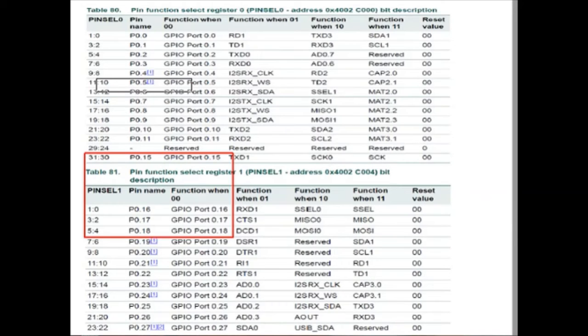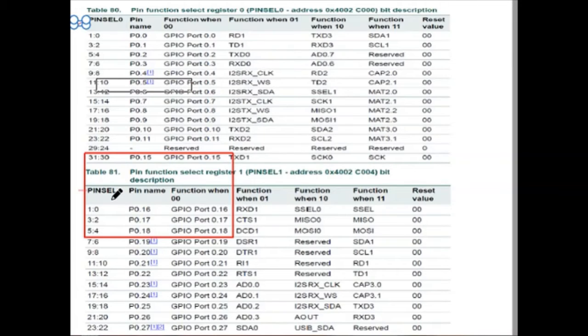Next, as we are using port 0 as the columns, we have to use them as GPIO pins with respect to different pin selects. Since the 15th bit comes under the lower half word, we need to use pin select 0. 16, 17, 18 lie under the upper half word, so we are using pin select 1.